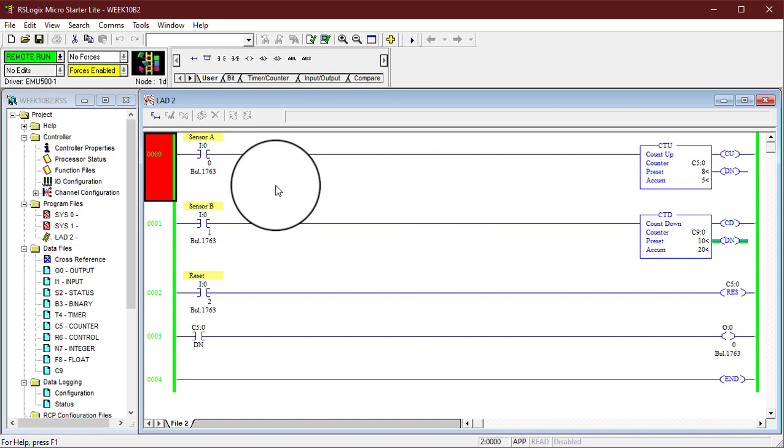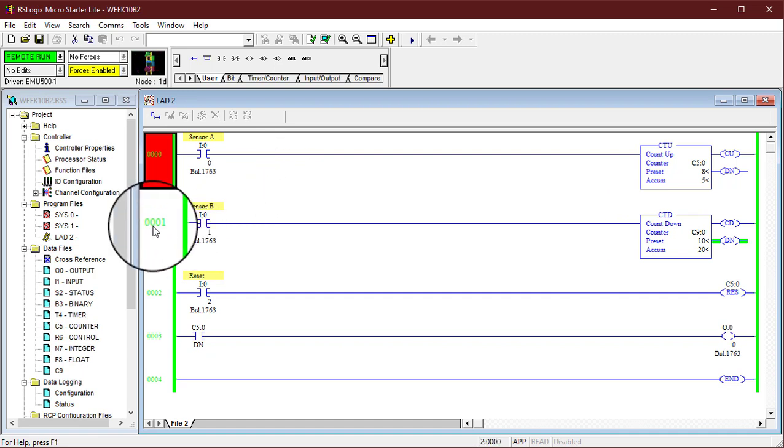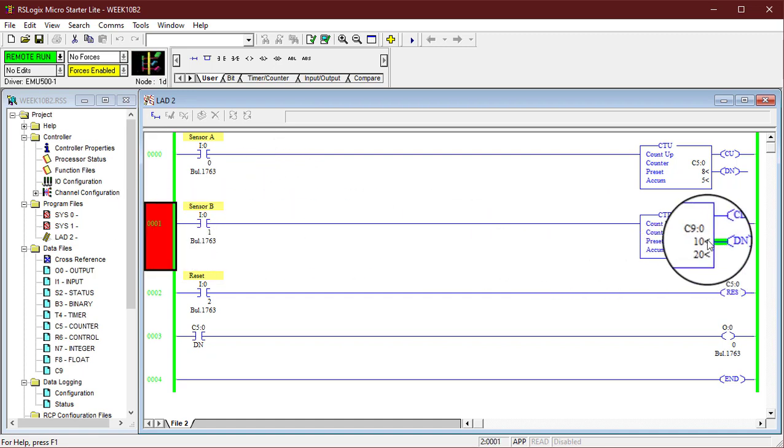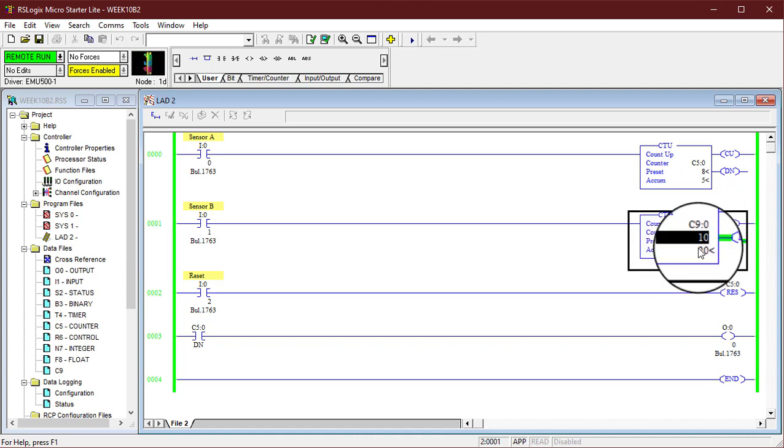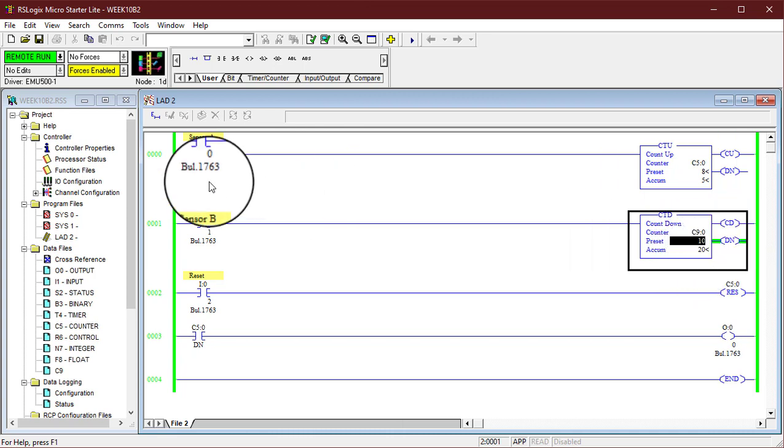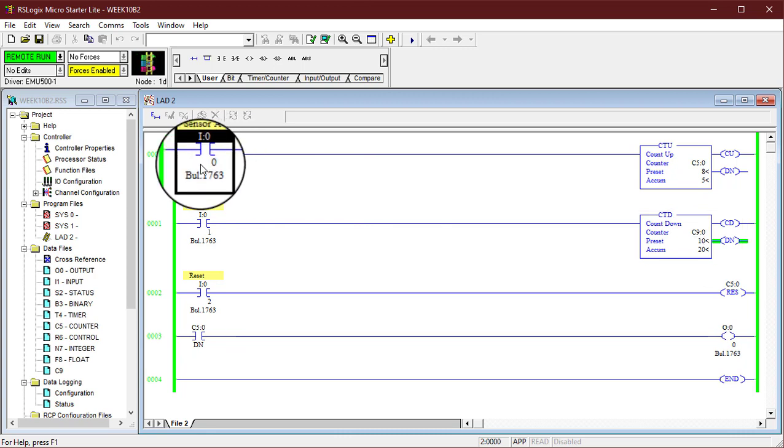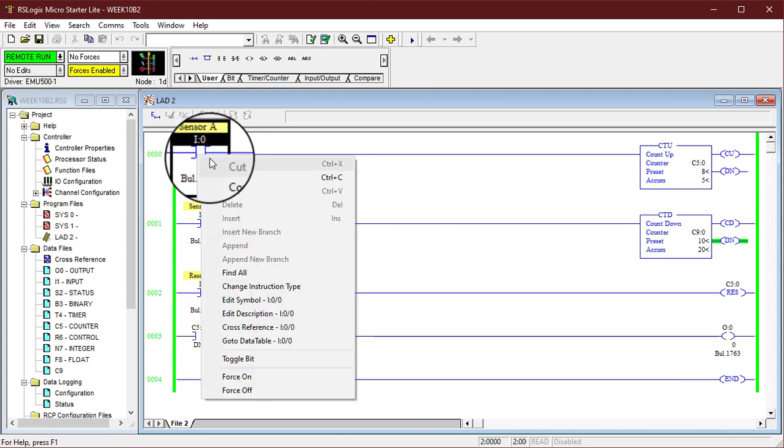So now the PLC is running. Right over here you can see that in the second rung, the done bit of the countdown timer is on because the preset contents are lesser than the accumulator content. So when this countdown timer decrements its accumulator value to less than the preset value, only then this done bit will become off. So over here in the first rung, I'm going to turn on the switch,